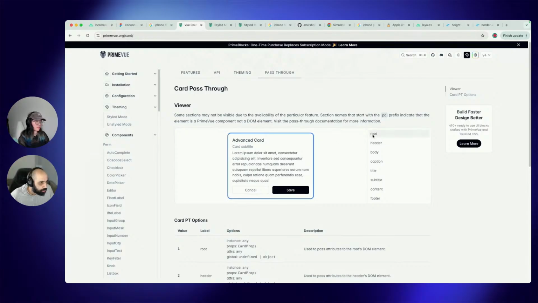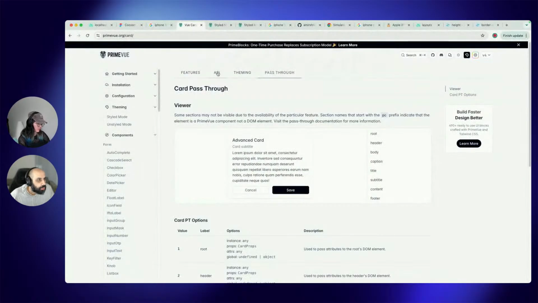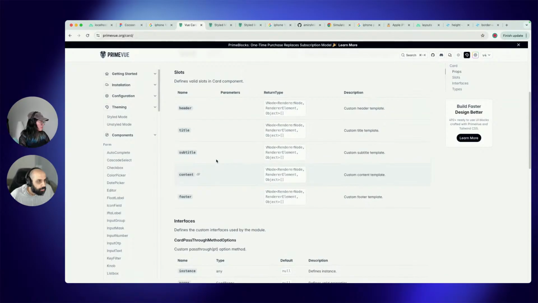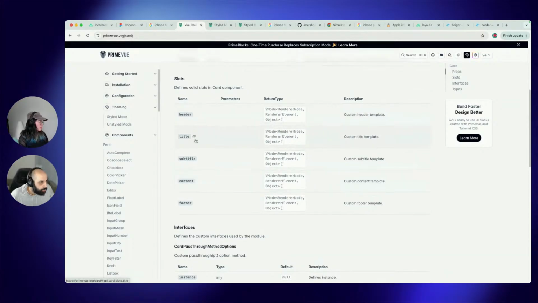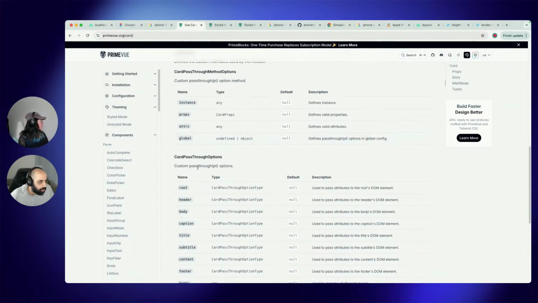So there's root, which is everything. Header, which we can't see here. Body. And body is what? So these are the slots: header, title, subtitle, content, and footer. And body, I guess, is all of these. Like body is around all of these. And